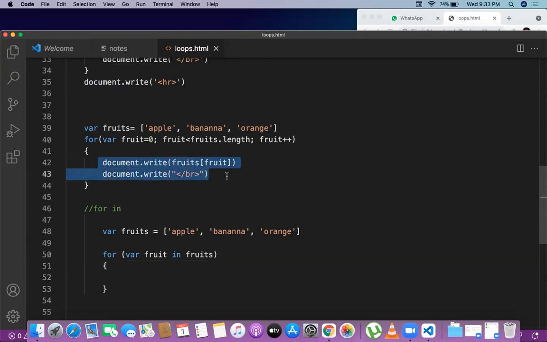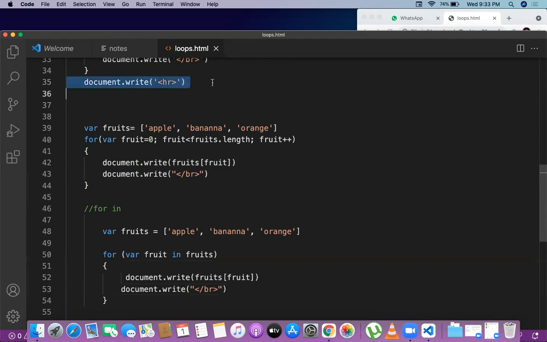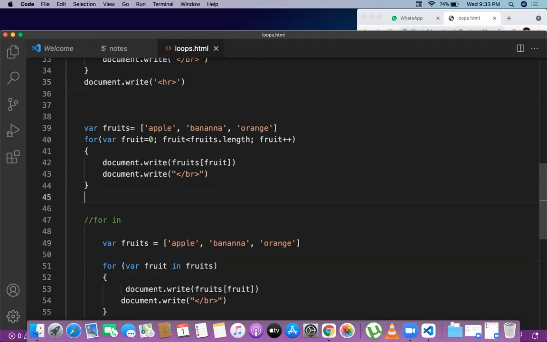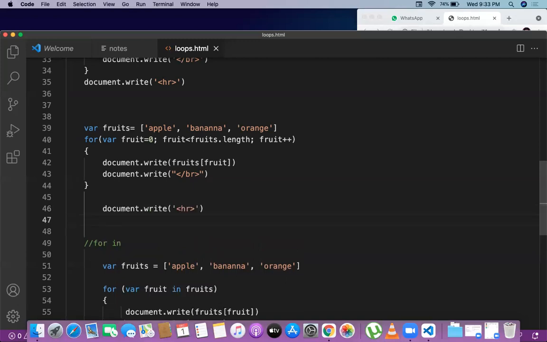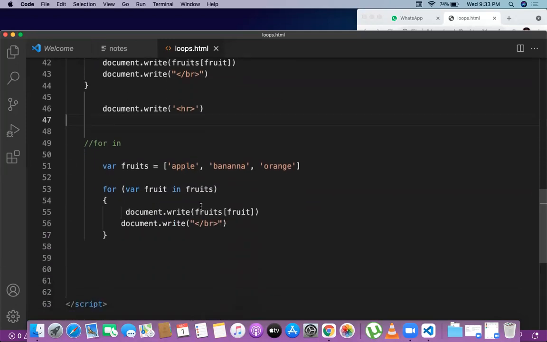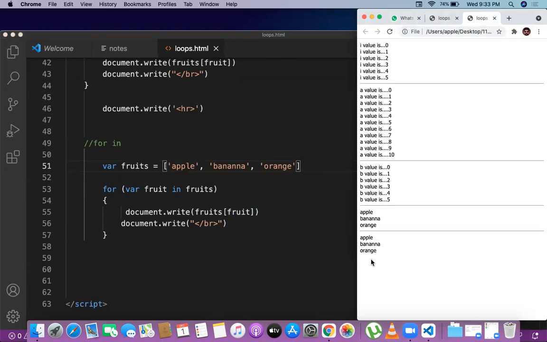The block of the code is as usual common. I'm not changing anything, and I take HR every time. HR is going to help you divide the code, that code from this code. Why? Because we are writing all the loops in the same program. So that is the reason I'm giving this and opening in the default browser. The default browser is going to show apple, banana, orange, the same iteration.